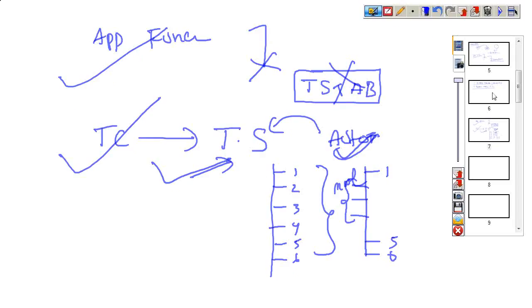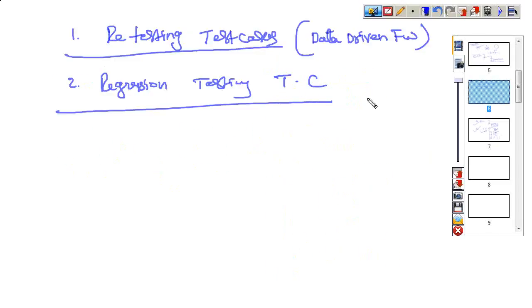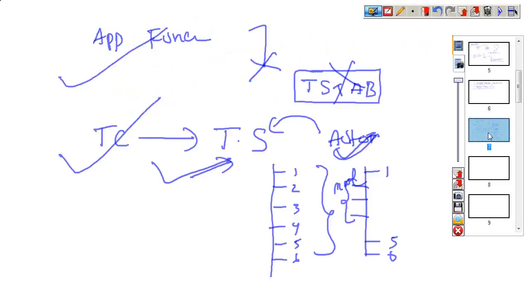So this is what we can give on which test cases we can recommend for automation: retesting test cases and regression test cases. Which test cases can't be recommended for automation? Whenever application functionality dynamically changes and is not stable.